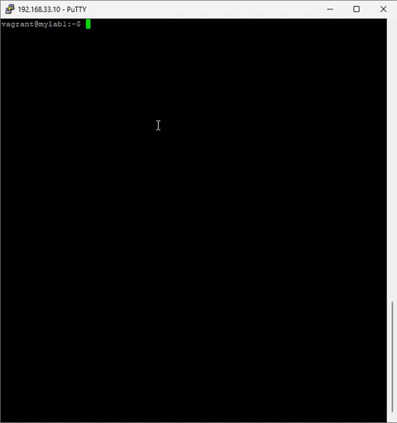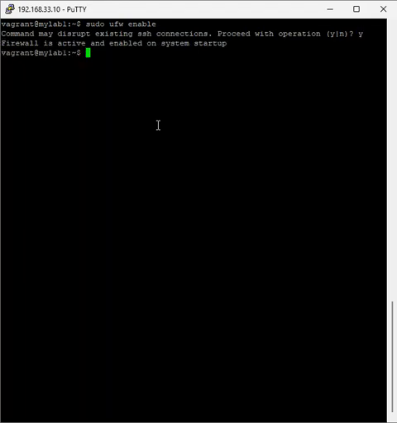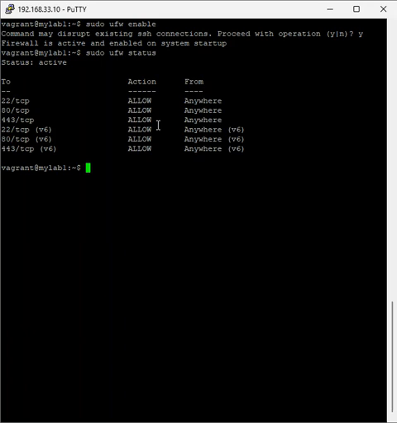Sudo ufw enable. Yes. Firewall is active and enabled. Okay, so we're going to say sudo ufw status. All right, now these are the rules that we configured just now. You see port 22, port 80, port 443 allowed anywhere for